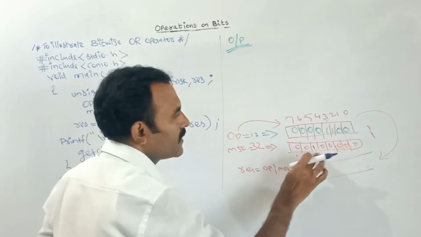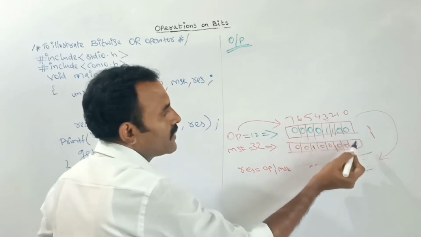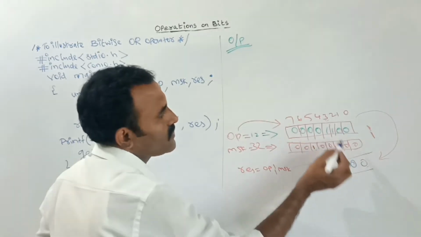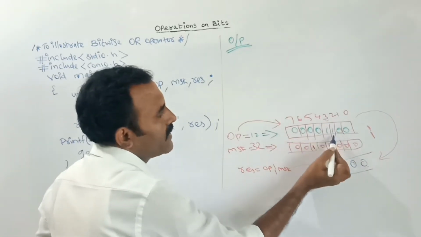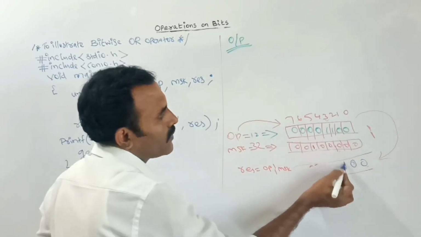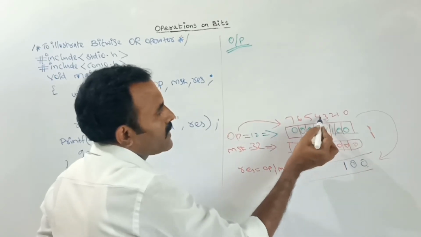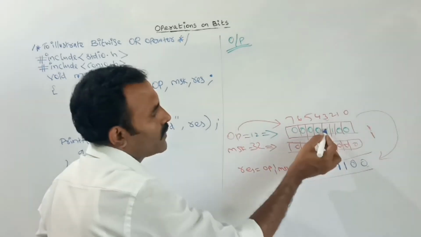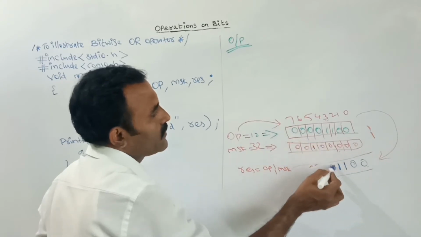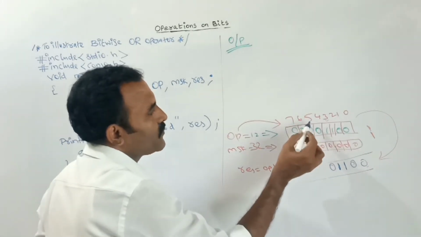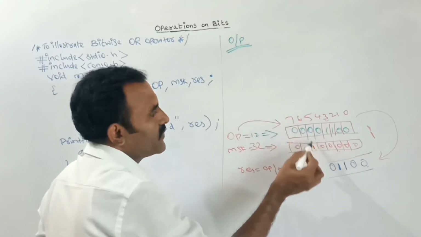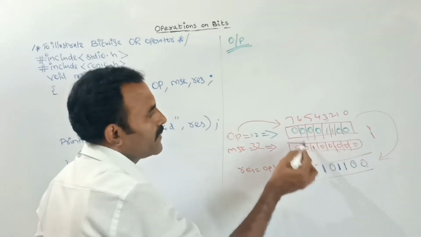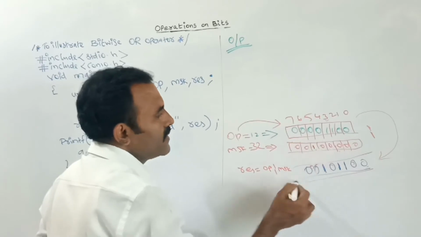See, now calculate this one. By using the bitwise OR truth table, 0 and 0 is 0. Next, the first position, 0 and 0, this is also 0. Next, second position, 1 and 0 is 1, because this is OR. Next, third position, 1 and 0, the result will be 1. Next, 0 and 0 is 0. Now come to the fifth position. Here the fifth position is 0, but here the fifth position is 1. 0 and 1, the result is 1. The remaining two bits are 0. So this is the binary value.